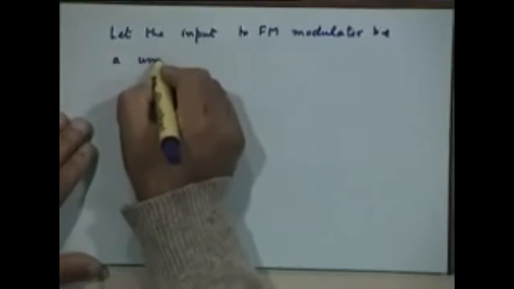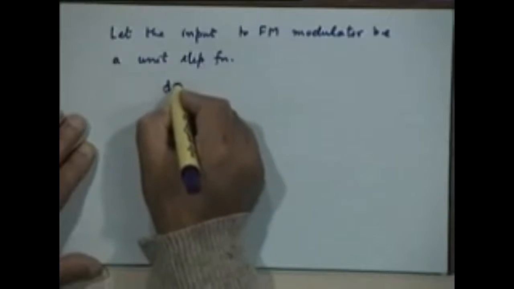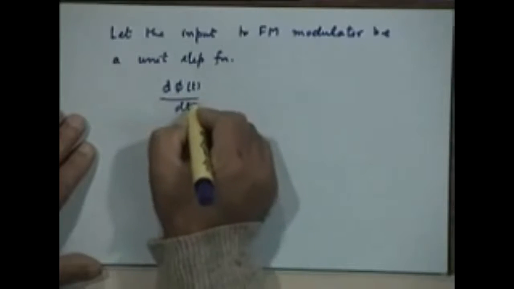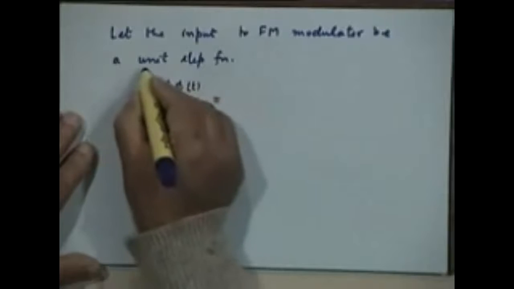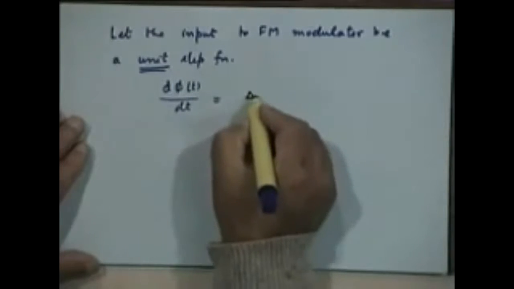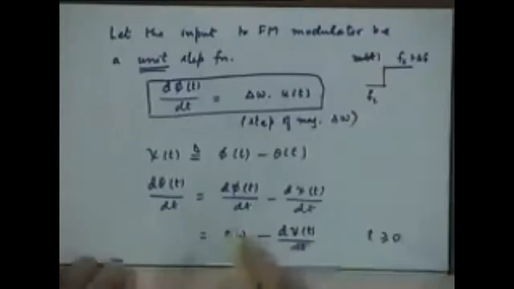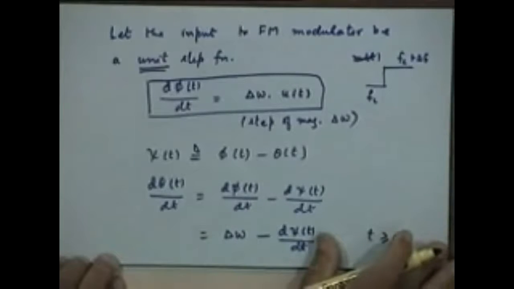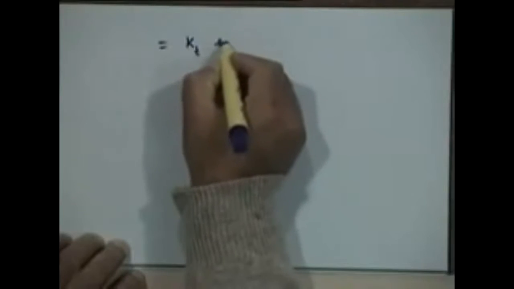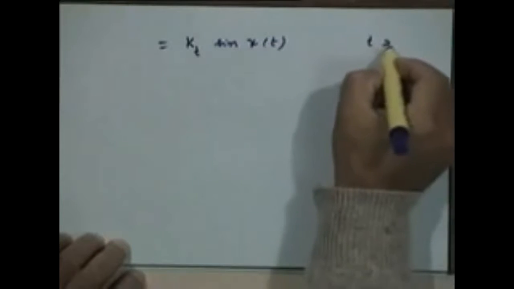Be a unit step function. What does it mean? That your d phi by dt is, well, I shouldn't call it a unit, it's proportional to a unit step function, equal to delta omega times sine of psi t. So, this is equal to k sub t sine of psi t. So, what do I have now for t greater than or equal to 0,